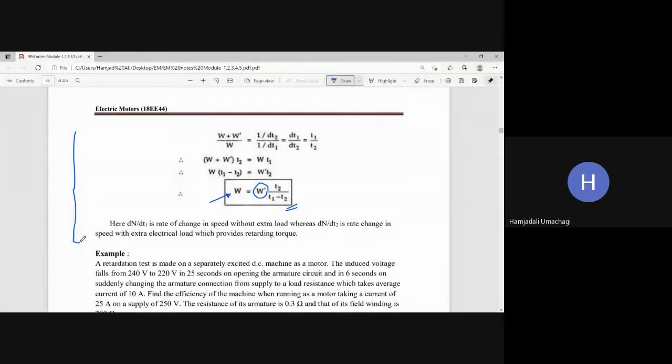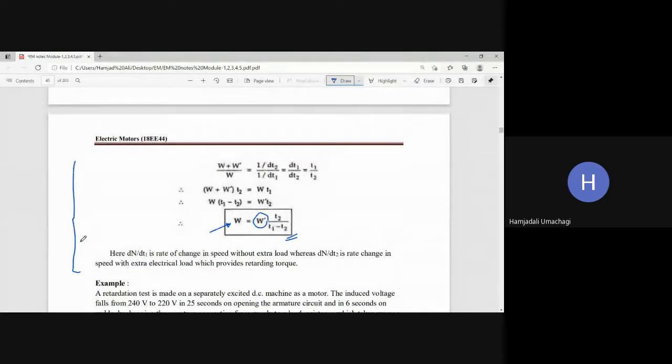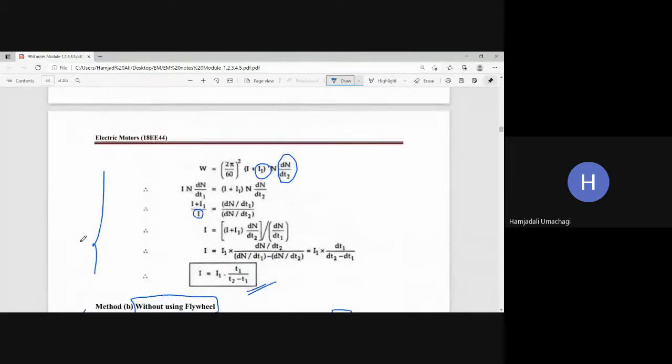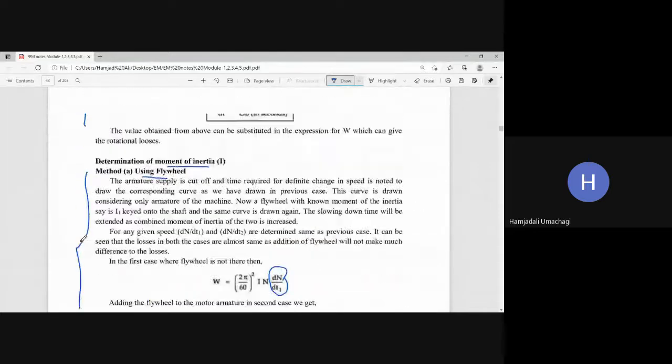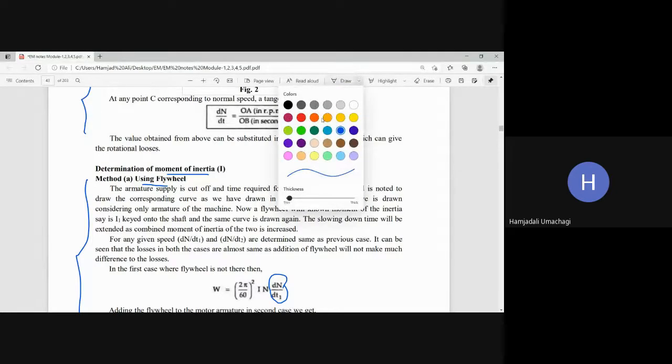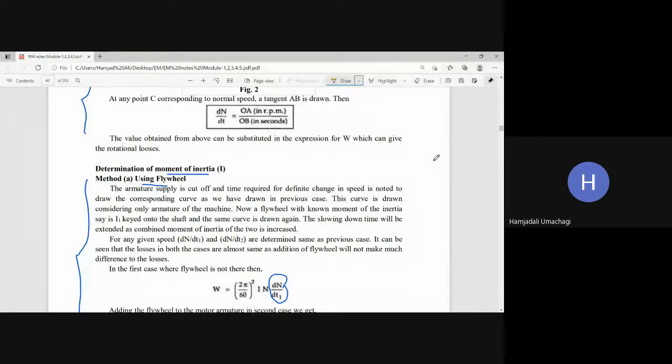Clear, all of you? This is an 8 to 10 marks question in the final VTU exam. Or sometimes they may say, explain the two methods to calculate moment of inertia. If they ask only those two methods, then you should start to answer from this side. In that case, you should explain these two methods. Which are those two methods? Let us see here.